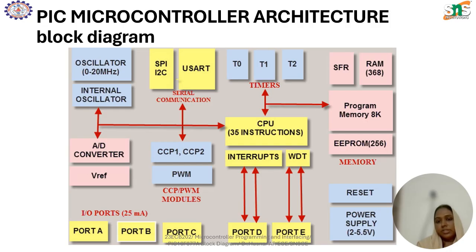Memory organization in PIC is well structured to handle diverse tasks. It consists of the program memory, which is non-volatile memory that stores the instructions that make the microcontroller perform its tasks. It supports 8K words of flash memory that can be erased and reprogrammed, making it reusable for iterative development. Data memory is the volatile RAM,